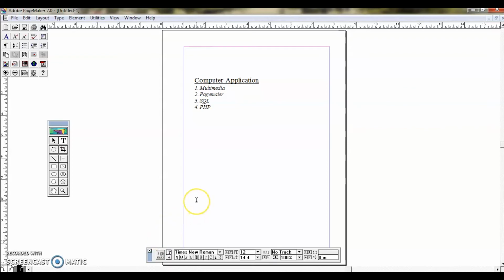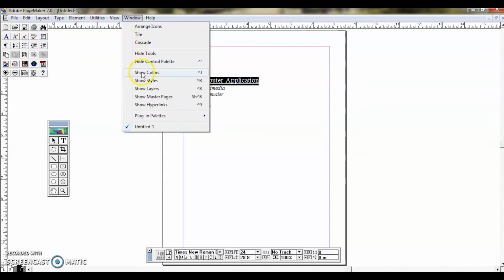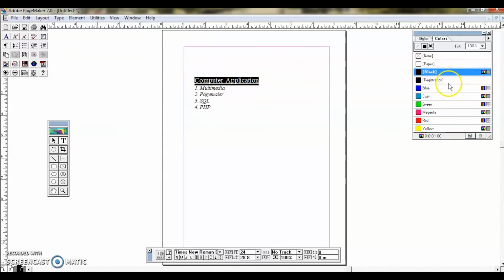So the next one is changing the text color. So now let us see how we can change the text color. So suppose I am selecting the heading computer application. So here my color palette is not viewable, then I have to go to the window menu and I have to click show colors, or the shortcut key is Ctrl J. Okay, so now I am clicking show colors.